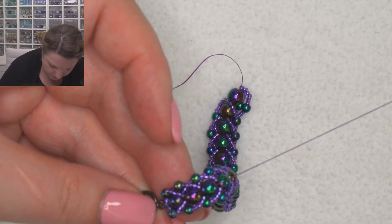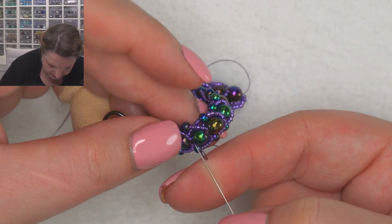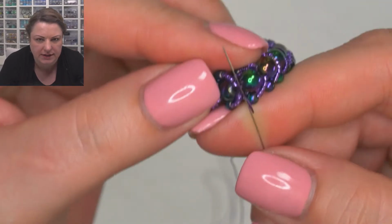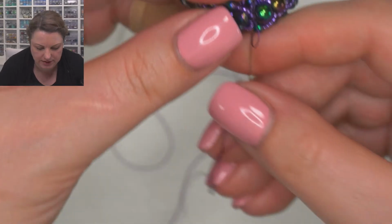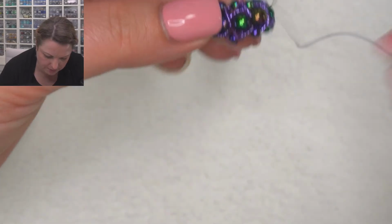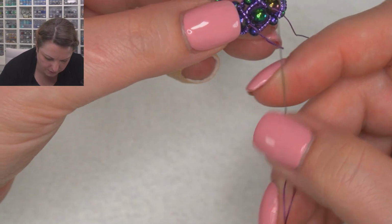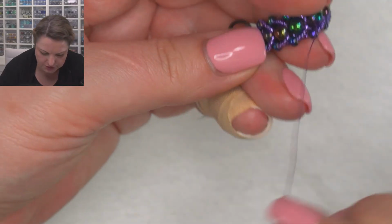And I'm going to do a 1 thread knot. So I'm going to catch the thread in between. Let me just pull this up so you can see it. In the middle, in between 2 beads, just like that. Sorry, I'm just catching the thread. I'm not catching any beads. I'm going to pull this up, and as I'm pulling this up, you can see this little loop forms on your thread. Then take your needle through that loop and when you pull this up, it's going to form a little knot